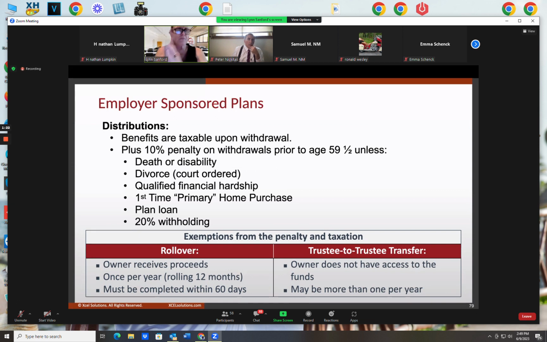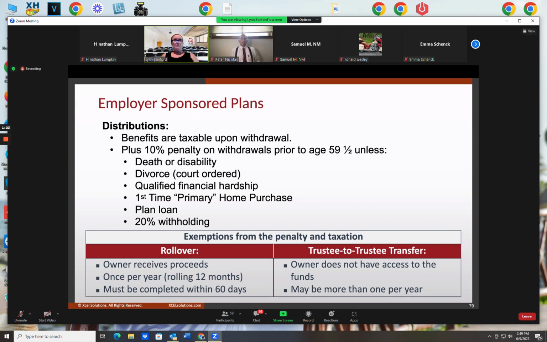Distributions, when you take money out, that's just a tax upon withdrawal. And you're going to be taxed at whatever tax bracket you fall in based on your income level for the year. But if you're still working and still in a high tax bracket, you're going to take the money out and you're going to pay tax on it at a high tax bracket. Plus, you're going to get hit with a 10% penalty on withdrawal if you take it out before 6 months past your 59th birthday.